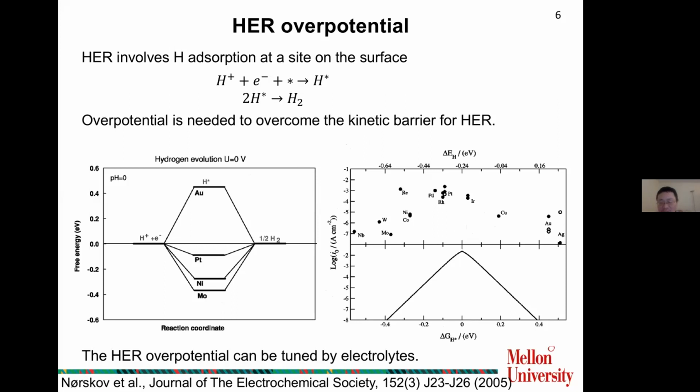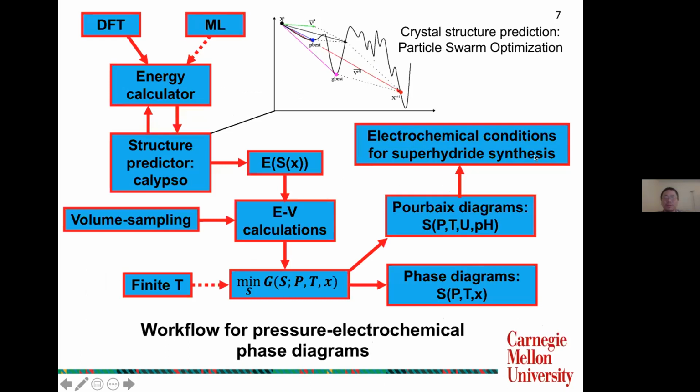Near minus 0.2 electron volts. So actually, the HER overpotential can also be tuned by electrolytes. So we can try different electrolytes to adjust this overpotential. So the next step is that we want to use some calculations to study under what conditions the superhydride can